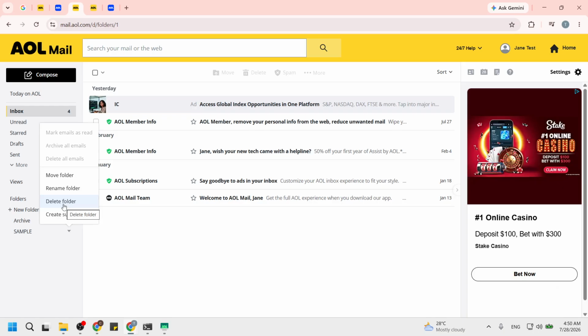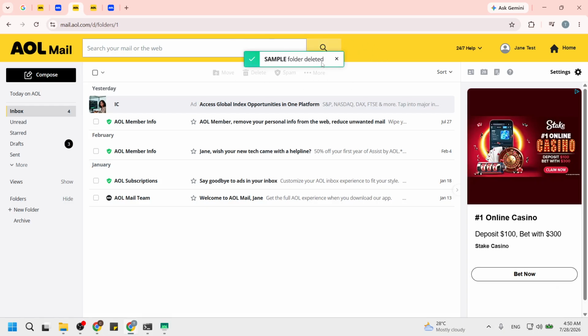As soon as you click Delete, AOL processes the command and the folder disappears from the list in the sidebar. Some versions may show a short confirmation message, others simply remove the folder right away. If you still see the folder, wait a second or two, or briefly switch to another folder and back to refresh the list. Remember that selecting Delete here removes the folder itself, not the whole AOL account or your main